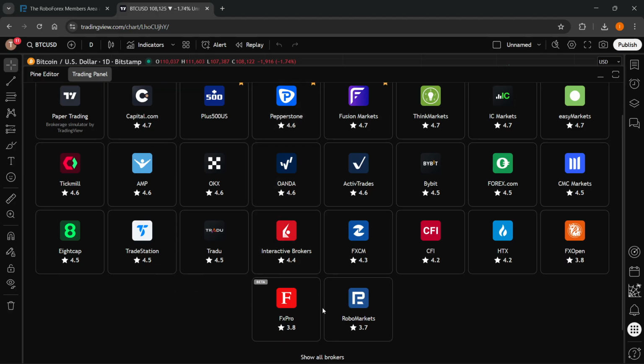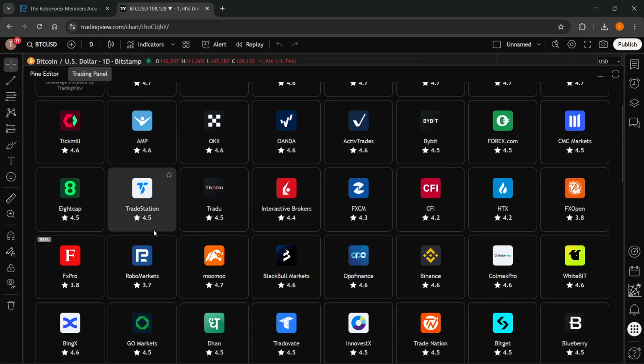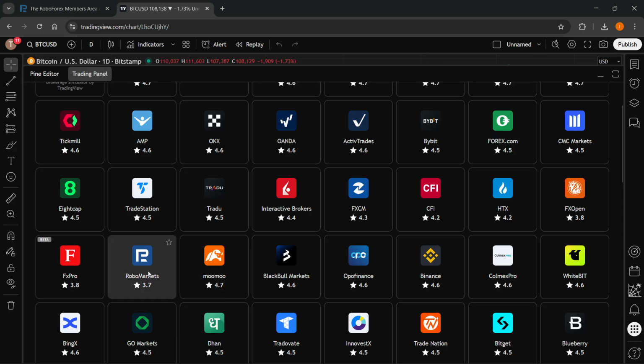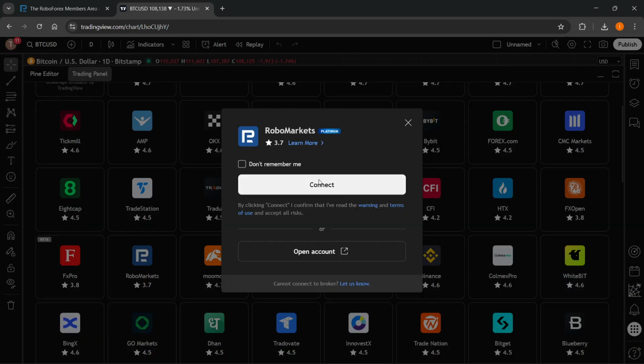And then in here, you want to go ahead and click on show all brokers. Press Ctrl and F on your keyboard and search for Robo. As you can see, Robo Markets are going to pop up, so you can just click on Robo Markets, and then you can just click on the connect button here, which is going to take you to the website where